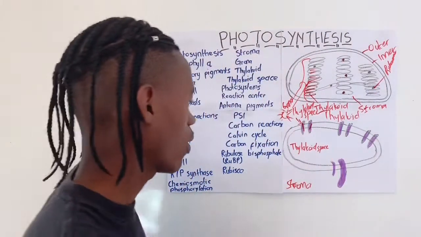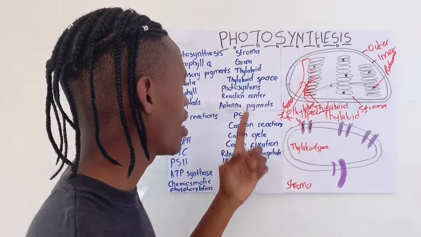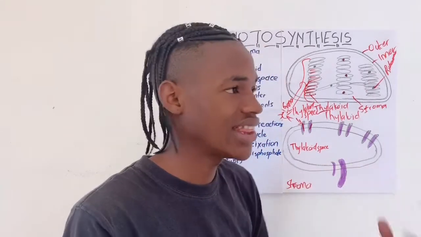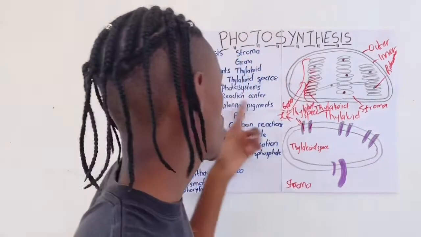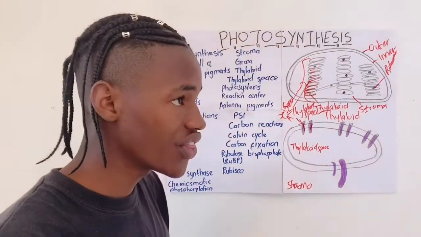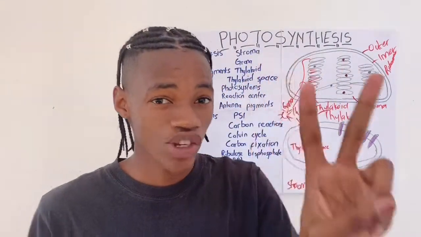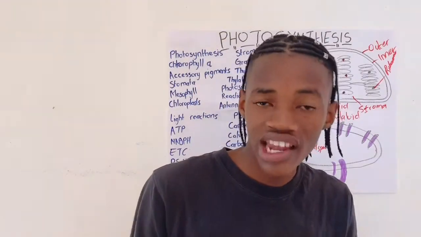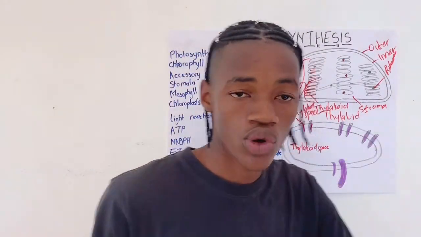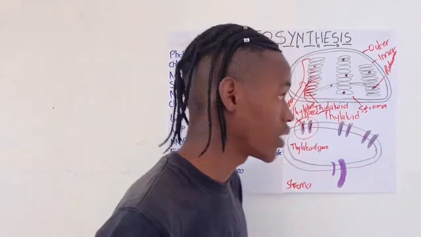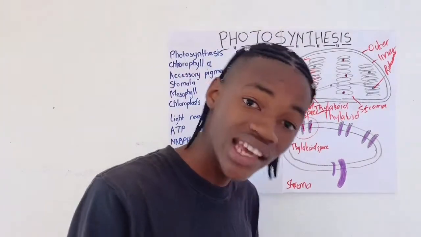Okay, so now what happens is antenna pigments capture light from the sun, and then they funnel it to the reaction center, where we get photosystem 2. And then when that happens, 2 electrons are excited. When those electrons are excited, they start their journey on the electron transport chain. Like I said, the electron transport chain moves electrons from protein to protein. And over here we have photosystem 2, the reaction center, antenna pigments, and